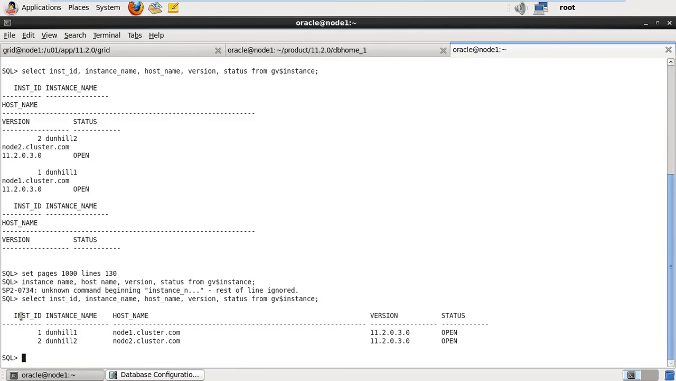Alright, so what do I see over here? Instance ID 1, instance ID 2, instance name, host name, and the version and status of the instances are clearly shown. Now that I'm going to add a new instance, I will straight away check a parameter over here. Show parameter